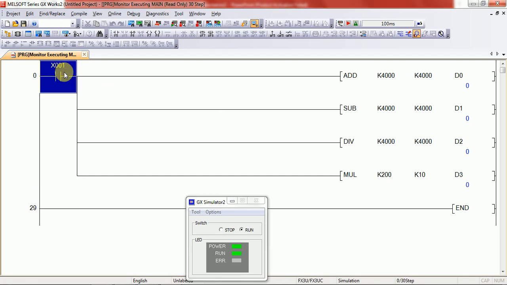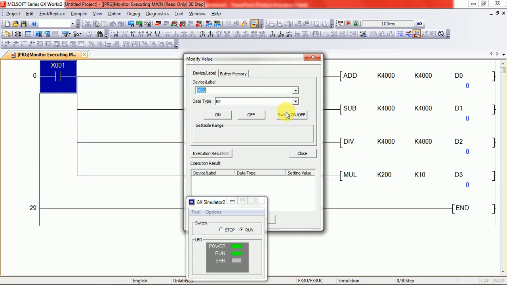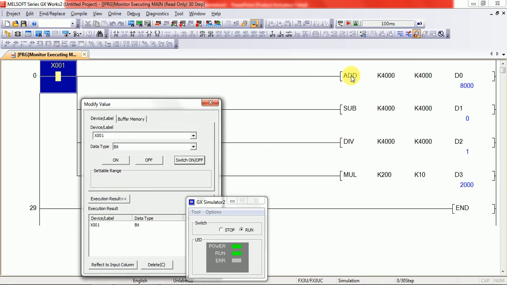When I turn on my input, you can see addition: 4000 plus 4000 equal to 8000. Subtraction: 4000 minus 4000 equal to 0. Division: 4000 divided by 4000 equal to 1, and multiplication: 200 multiplied by 10 equal to 4000. Okay, all the data is 16-bit, because you know the maximum value of 16-bit data is 32,000.